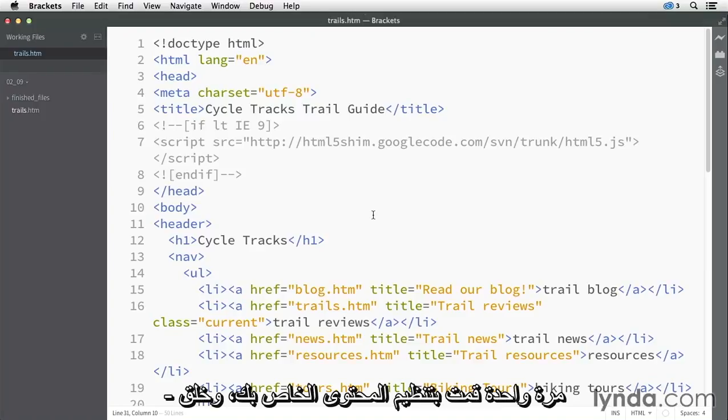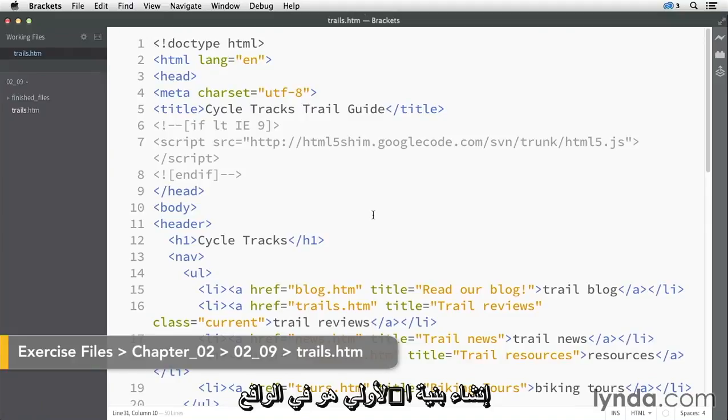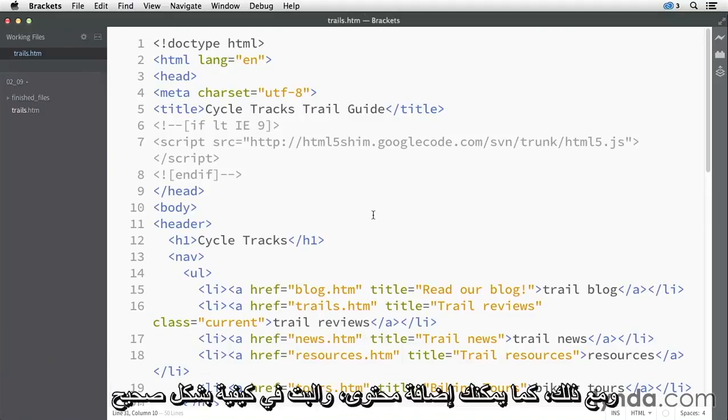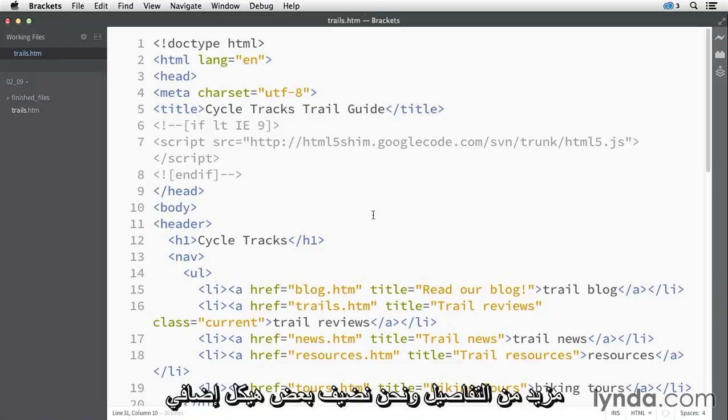Once you've organized your content and created a basic document outline, creating the initial structure is actually fairly straightforward. However, as you add content, deciding how to properly structure those nested regions can become a little tricky. In many cases, you're going to be making judgment calls in terms of using one structural element over another one. So I want to examine that process in a little bit more detail as we add some additional structure to